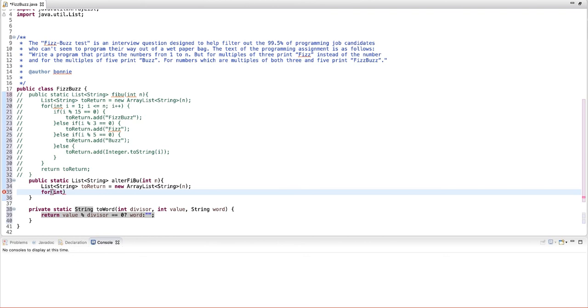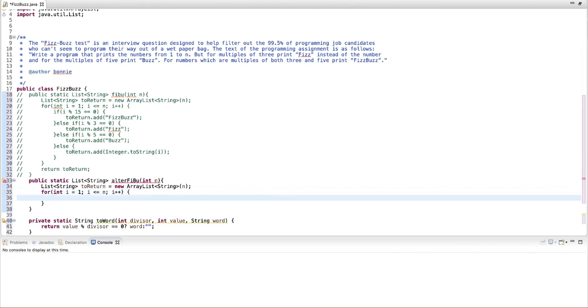And here in the for loop, I can use this function multiple times, from i equals 1, i less than n, and then i plus plus. What I want to do is define a string word as the other part we want to add into the return list, and the string word is a combination of the call of the function toWord, and then here I should check whether